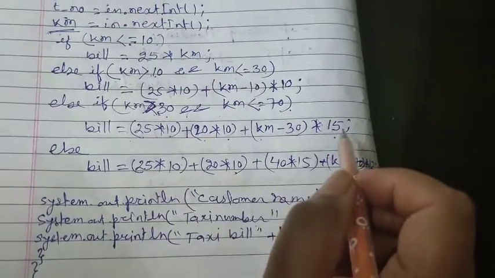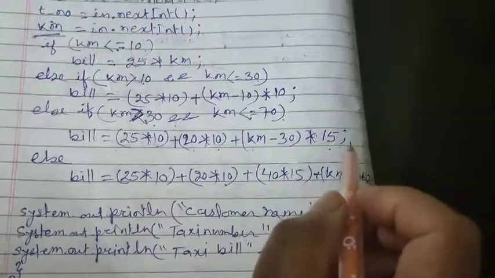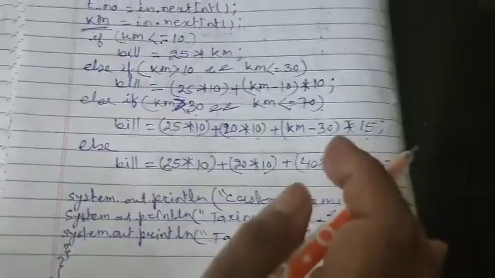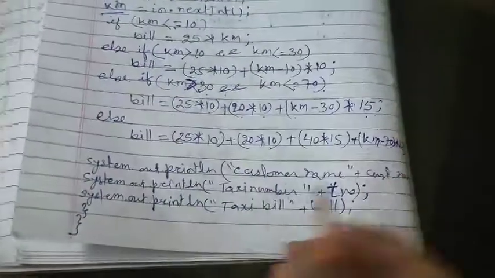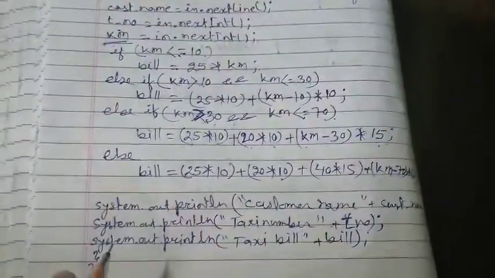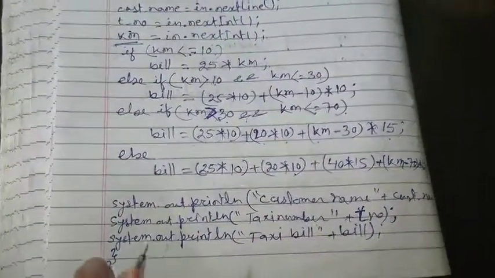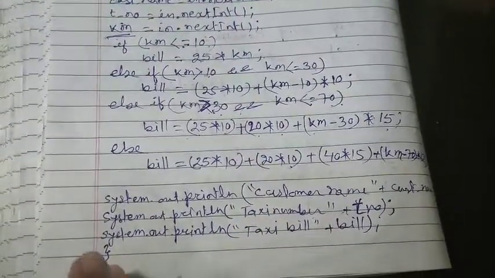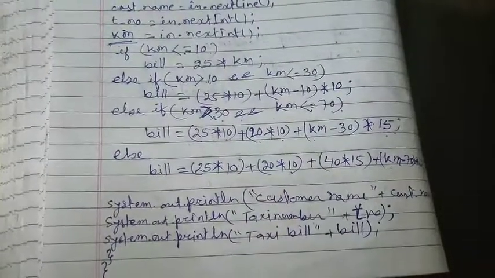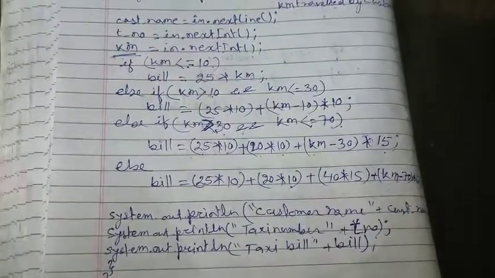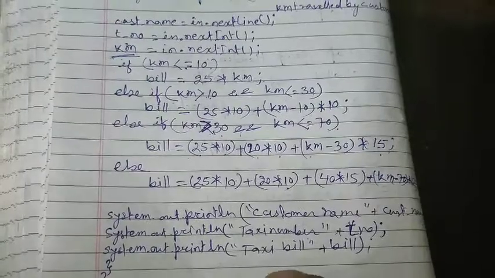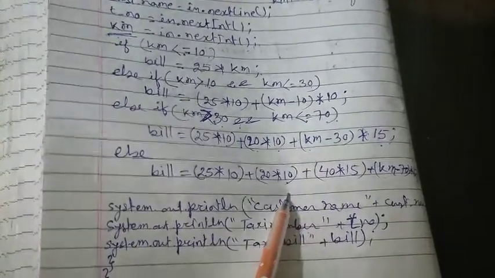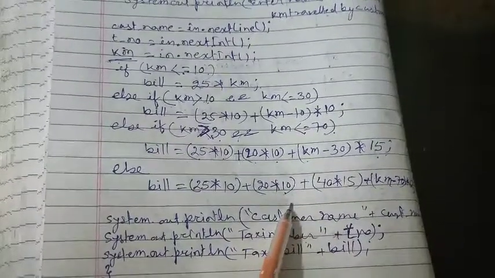Accordingly, whenever I enter some other value, it will go to that particular slab and calculate the bill amount for that. I hope you have understood this, and if you have not understood in one time, then please see the video once or twice, then definitely you are going to understand. So this is the bill calculation program. I have also given another one where I applied the same logic. So I hope you are clear now how to calculate the bills.